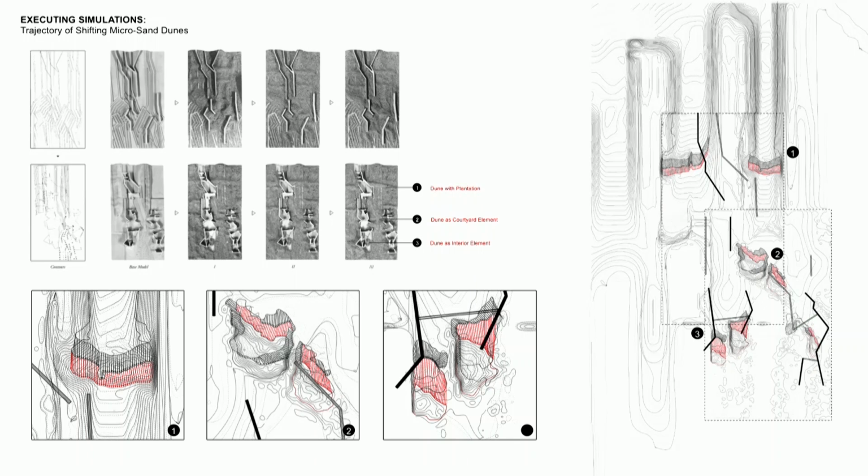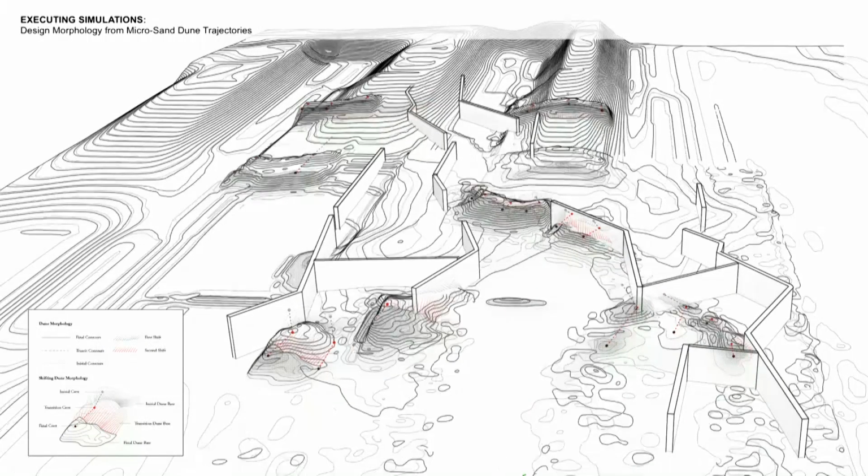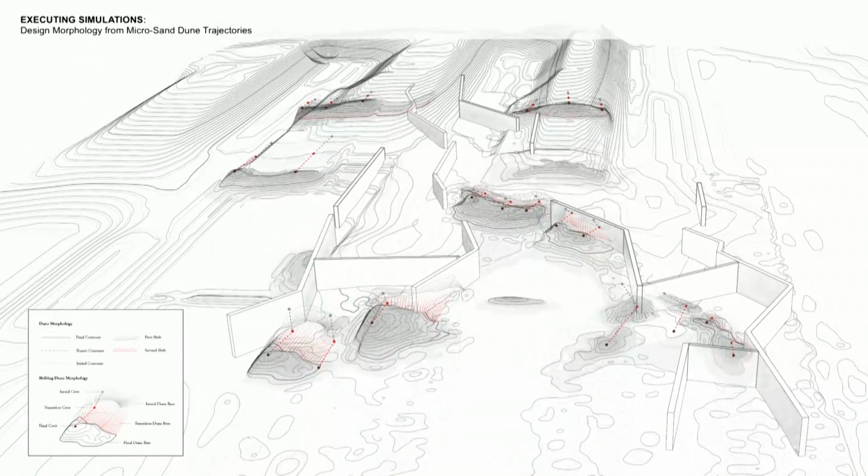So you can see in the diagram how certain built forms can be built out of these geometries that we get from those obstacles as well. And so this is an animation of how the dune moves through this. And these walls are also placed in certain stages so that the sand gets manipulated. For example, after 3 iterations, we installed another wall so that we can see how the sand moves with the wall as well. And so we come up with this sort of architectural and design morphology that arises from the simulations themselves.